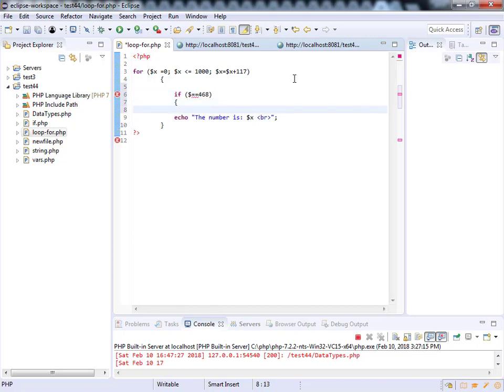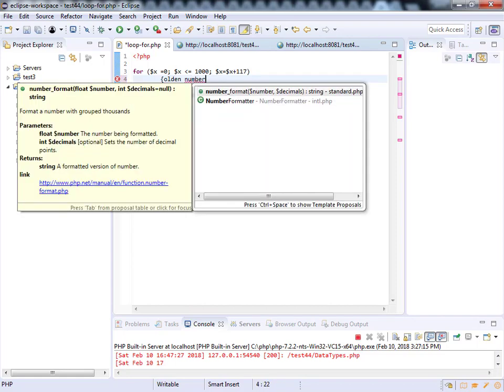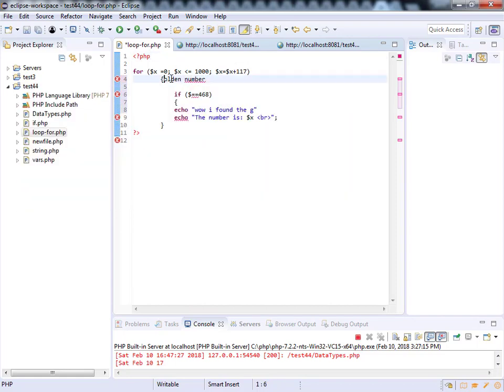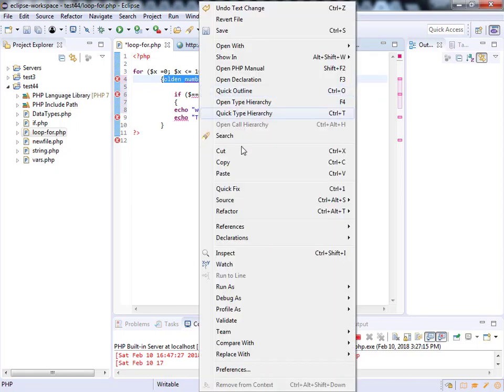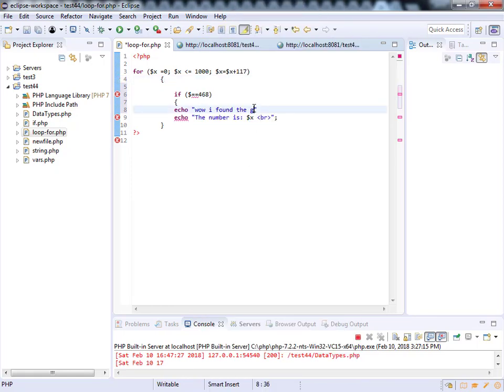Make it simple, echo "Wow, I found the golden number." Oh, I need to change my keyboard as soon as possible. I found my golden number, okay, and I want him to do some